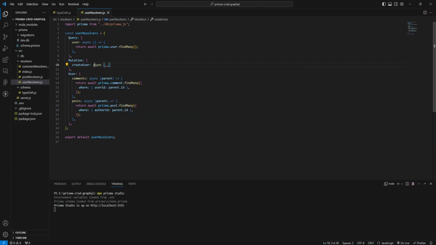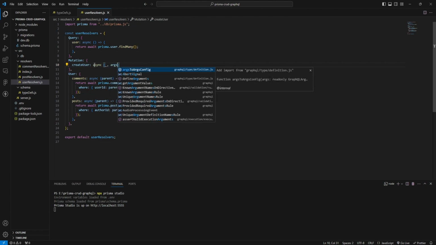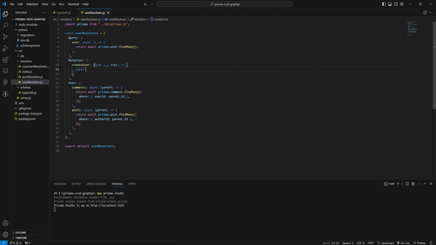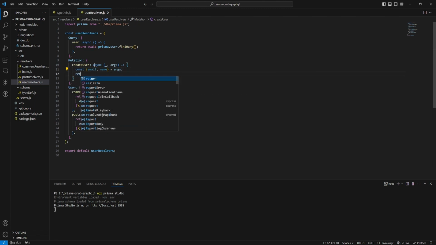Let's add args, arrow function. We will need to have email and the name from args, so arguments, and then return